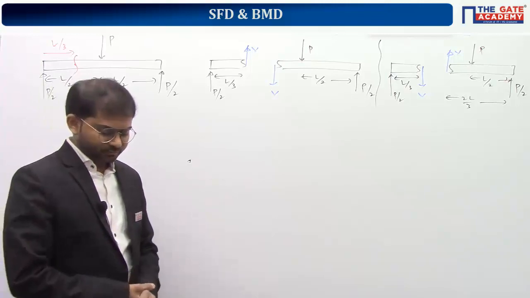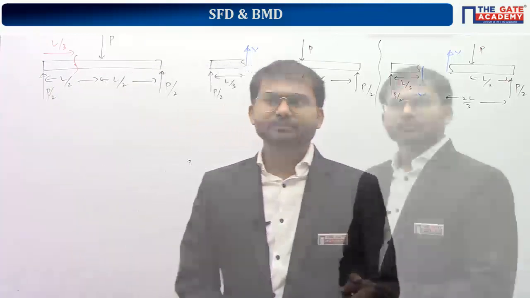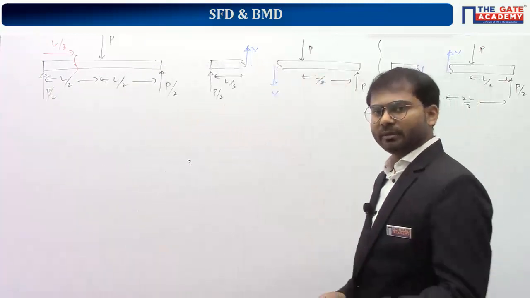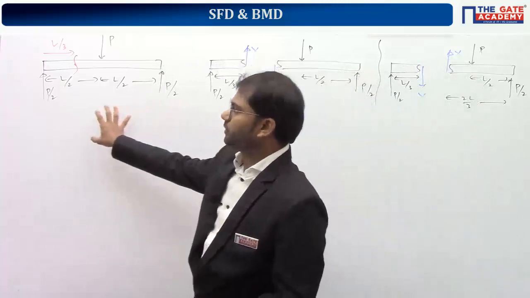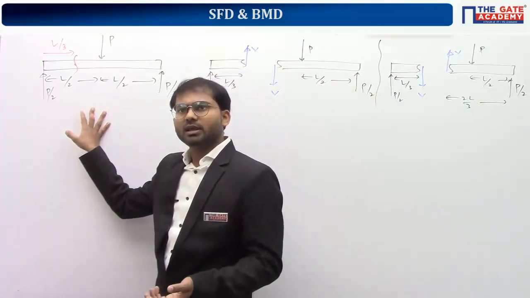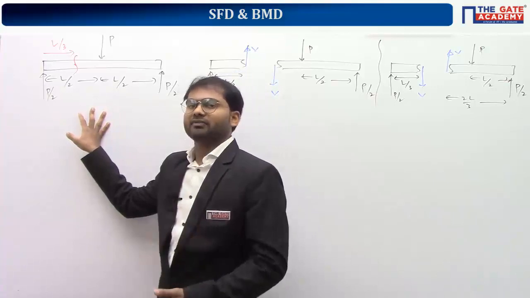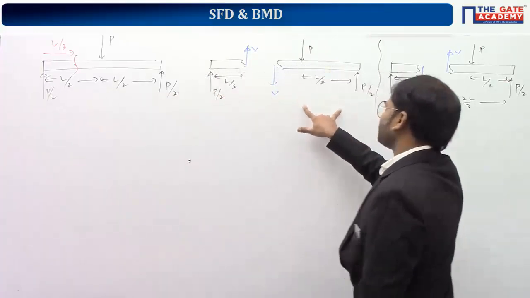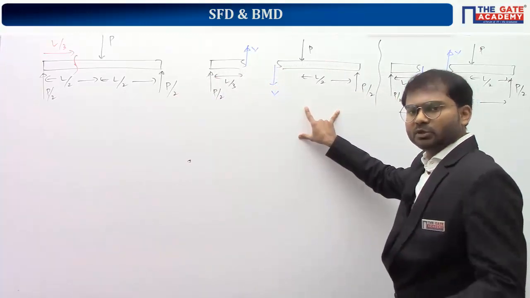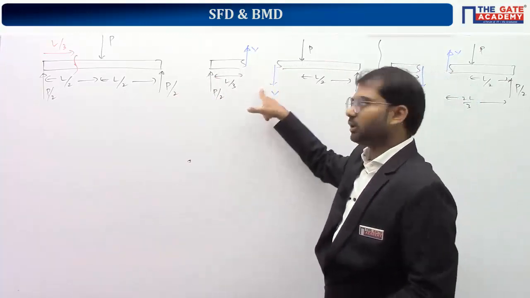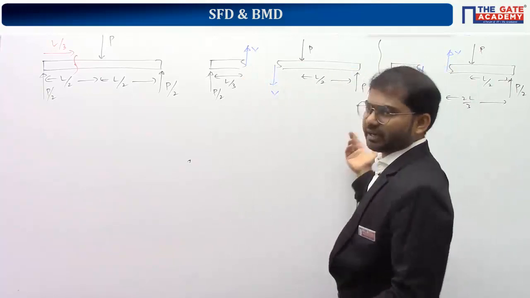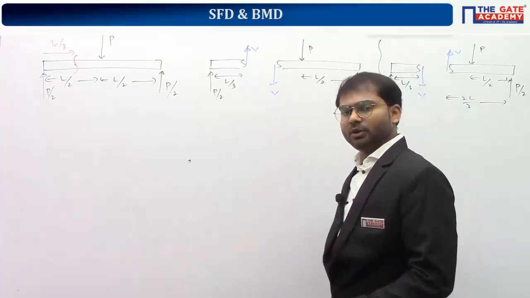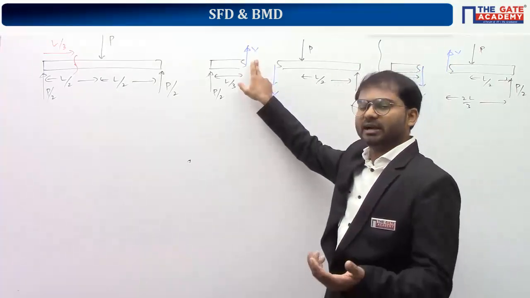How can you get it? It's nothing but the condition of equilibrium again. Because the whole member is in equilibrium, we can say every part of the body will be in equilibrium. So this part will be in equilibrium, this part also will be in equilibrium. Whether you take V upside-downside or downside-upside, whatever the condition you take, every part should be in equilibrium.